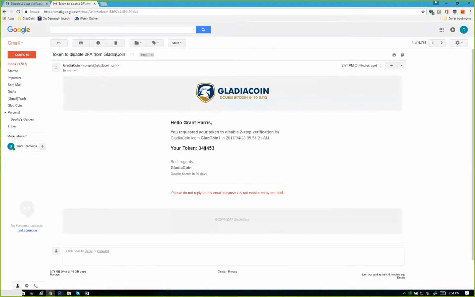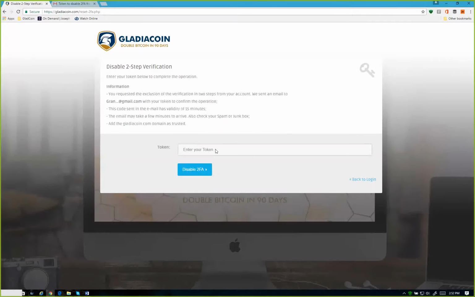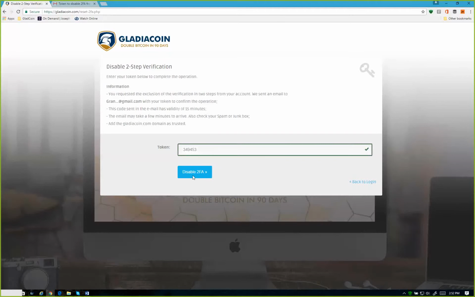Double click over the 6 numbers, right click, left click copy, go back to your page, click in the box, right click paste. And when you click Disable 2FA, it will disable your 2FA authentication